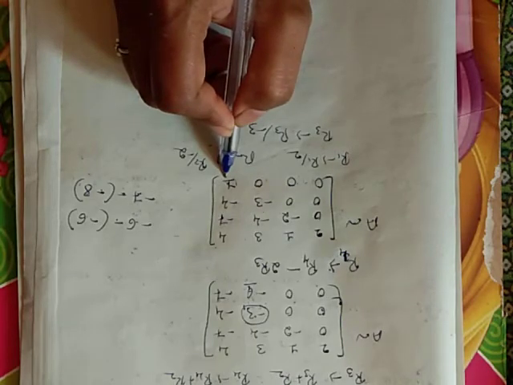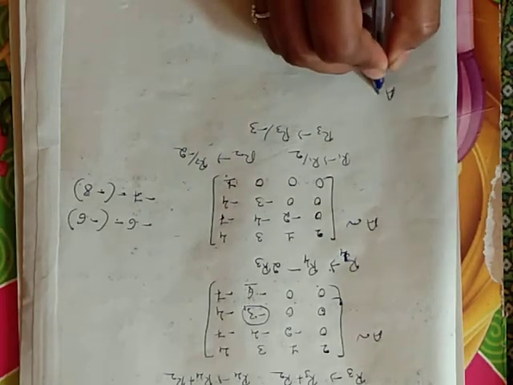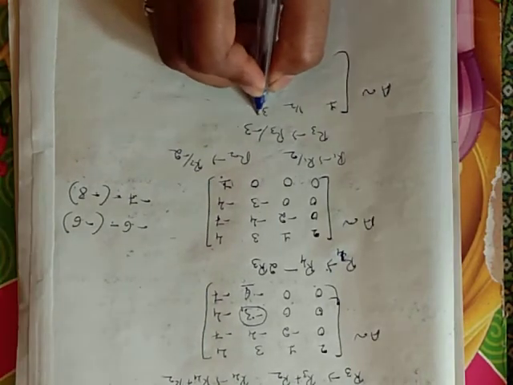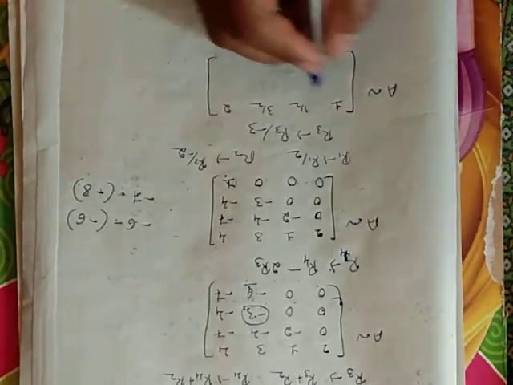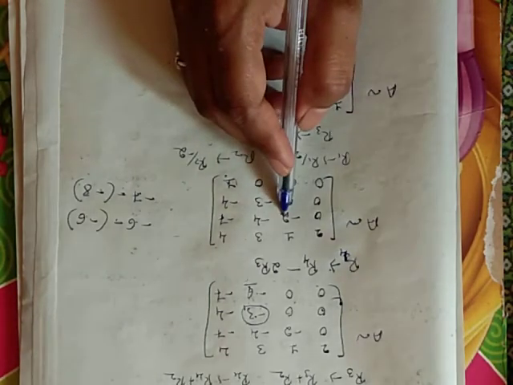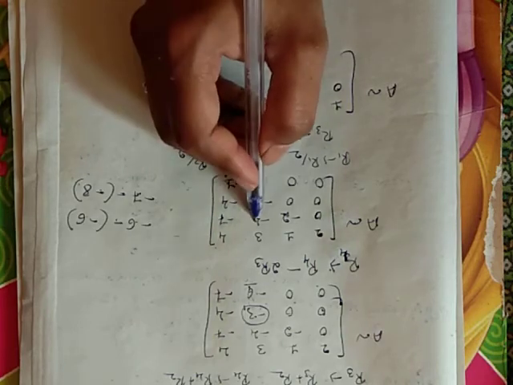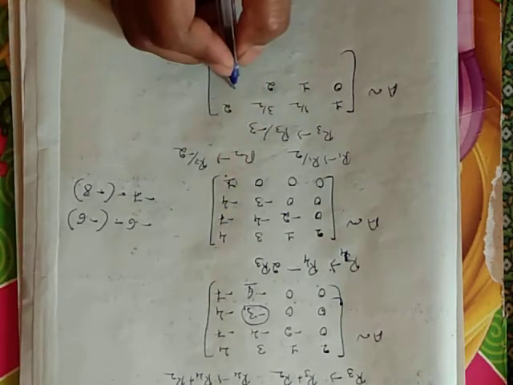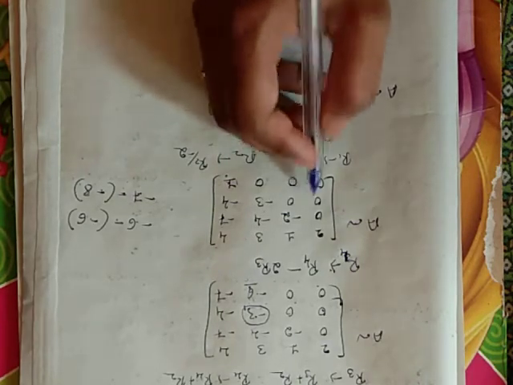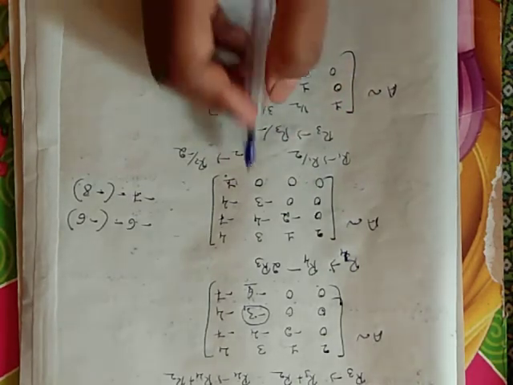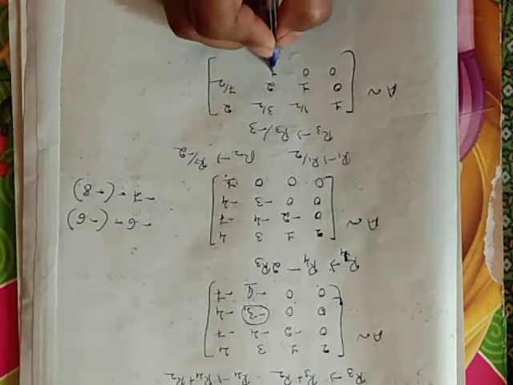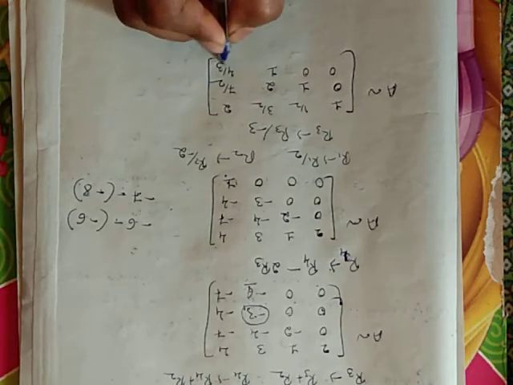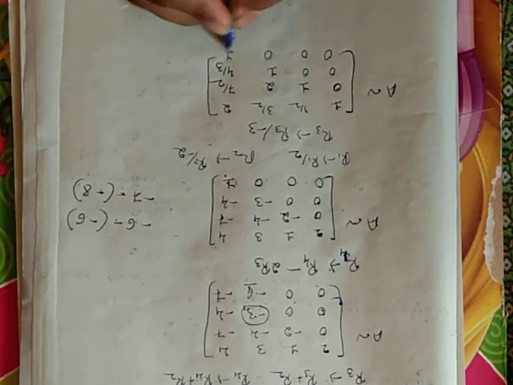If it is not, you have to convert. Now matrix A is equivalent to 1, 1 by 2, 3 by 2, 4 by 2 is 2, 0, minus 2 by 2 minus 2 by 2 is 1, minus 4 by 2 minus 2 is 2, minus 7 divided by minus 2 is 7 by 2, 0, 0, minus 3 by 3 minus 3 is equal to 1, minus 4 divided by minus 3 is 4 by 3, 0, 0, 0, 1.